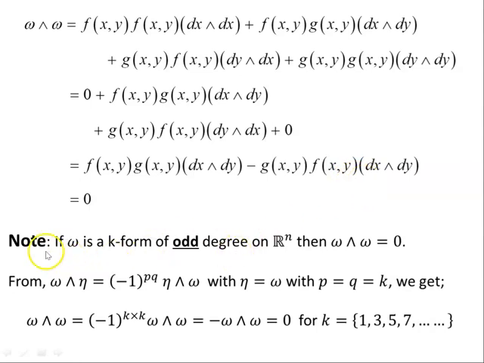Okay, so in general, what you'll find is that if omega is a k form of odd degree on Rn, then omega wedge omega is 0. So from omega wedge eta equals minus 1 to the power of p times q, and then reversing the wedge product, eta wedge omega, that holds. But when eta equals omega with p equals q equals k, because omega is a k form, whatever value k is, so p and q must be the same, we get omega wedge omega is minus 1 to the k times omega wedge omega, which is equal to minus omega wedge omega, or it should be, but it equals 0 so long as k is